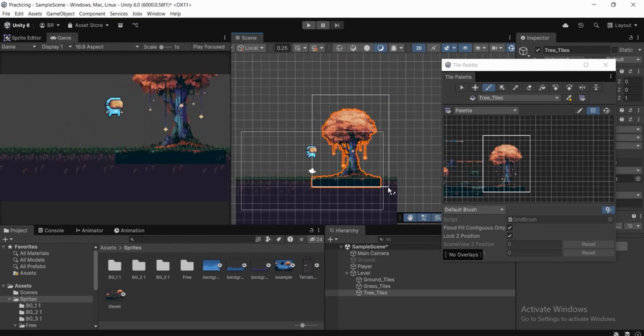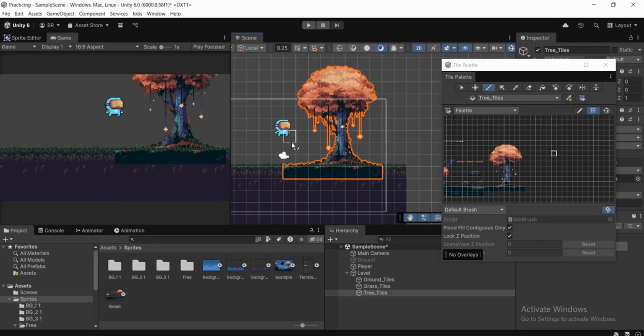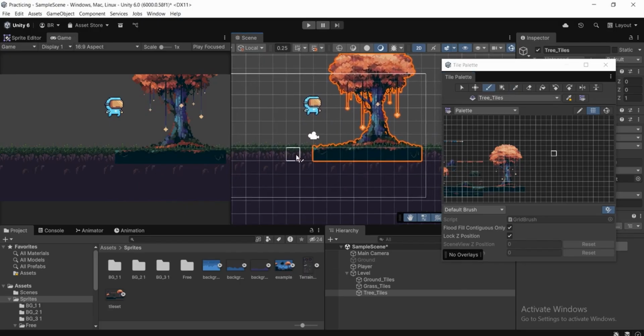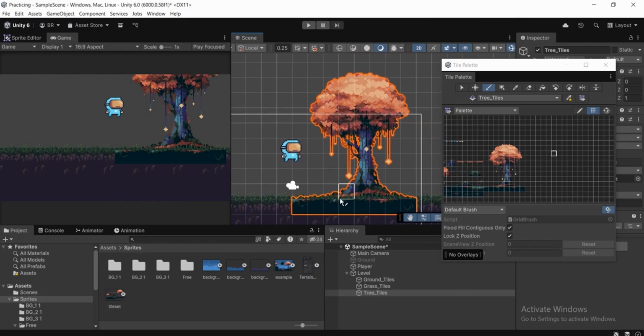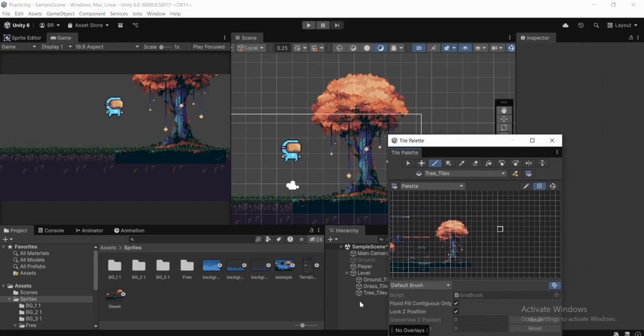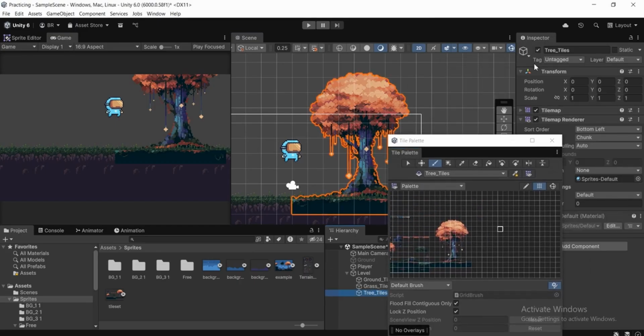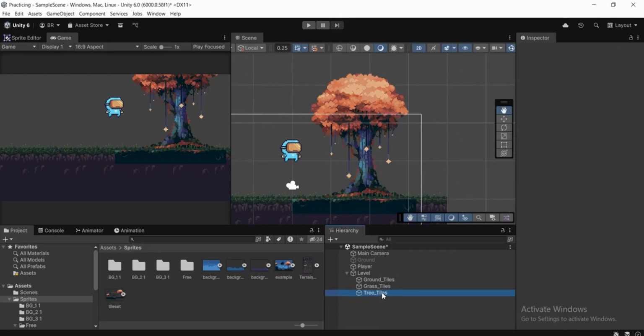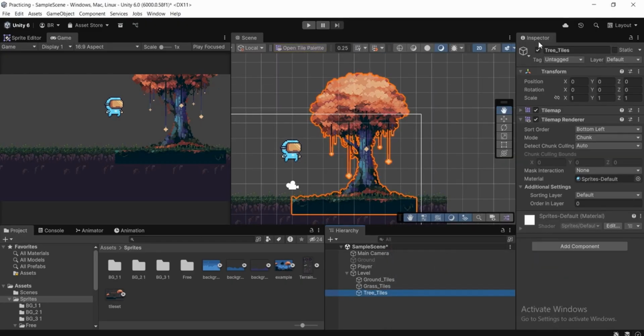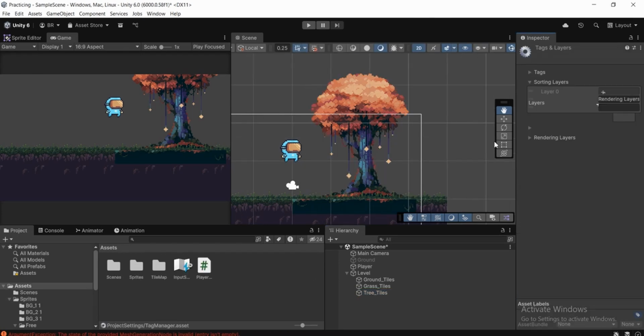But as you can notice, it seems it's in front of this grass and the ground tiles. So what we need to do, we need to take our tree and drag it behind. To do that, we're gonna select our tree underscore tiles. Then we will follow the same procedure. So let's go over to inspector, tile map renderer, sorting layer, and let's create a new sorting layer